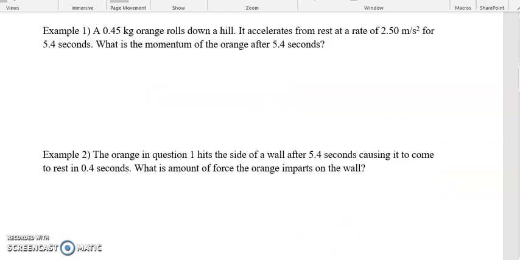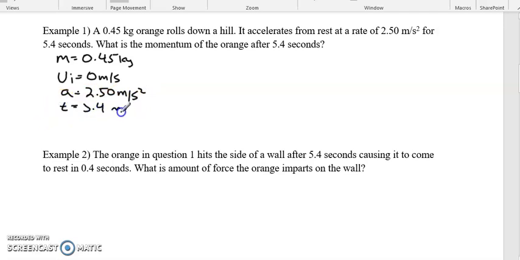So our first example here: a 0.45 kilogram orange, so that's a mass of 0.45 kilograms, rolls down a hill. It accelerates from rest, so we've got an initial velocity of 0 meters per second, at a rate of 2.5 meters per second squared down the hill. And it's doing this for a time of 5.4 seconds, and ultimately we're looking for the momentum. Now, momentum,